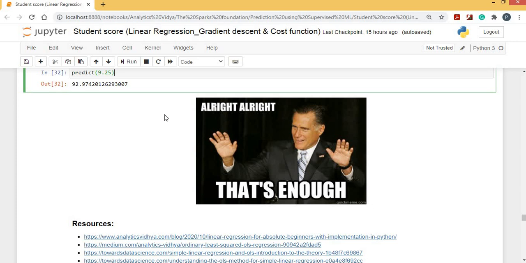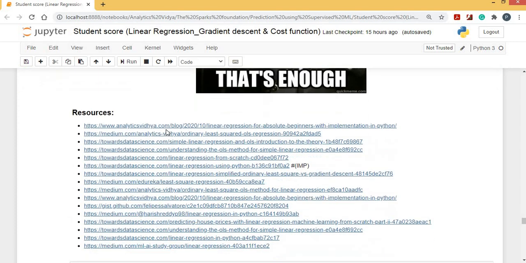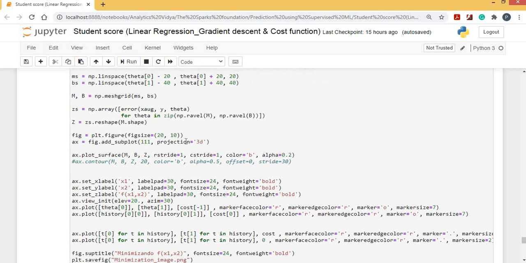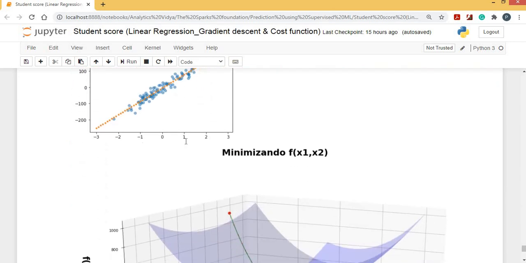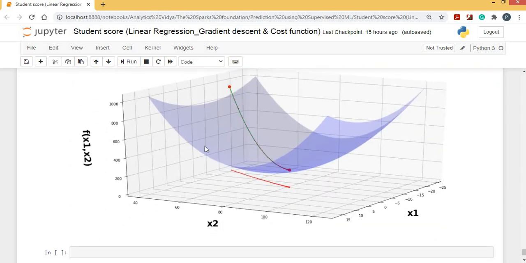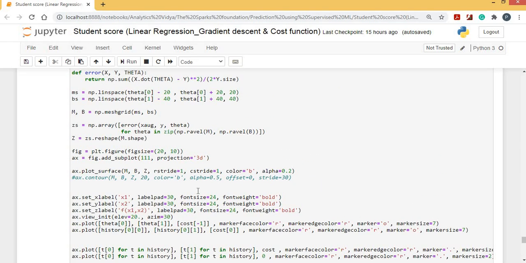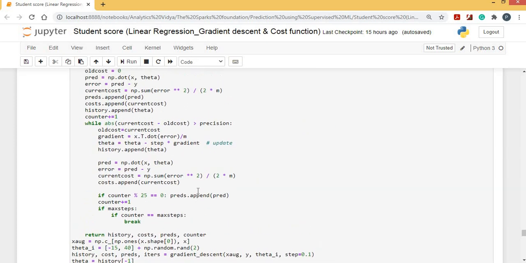Okay guys, so I hope you all understood the basics of linear regression and the maths behind it. And lastly, I found a code for mapping the values of gradient descent in 3D. You can refer to this HTML. I'll just show how it looks. So this is how gradient descent will actually look. You can find the code for making this over here, and the file is uploaded on GitHub.